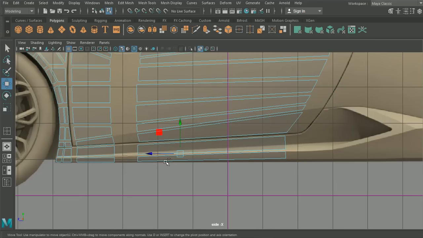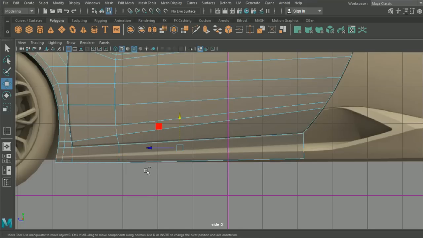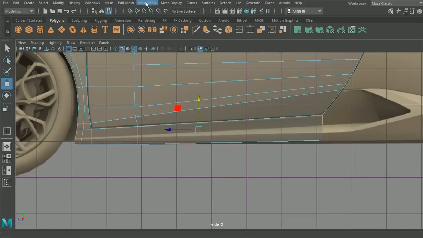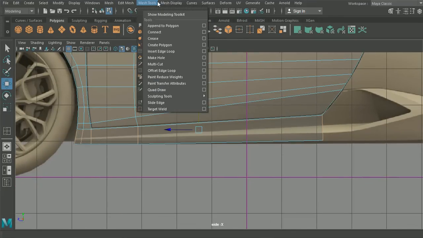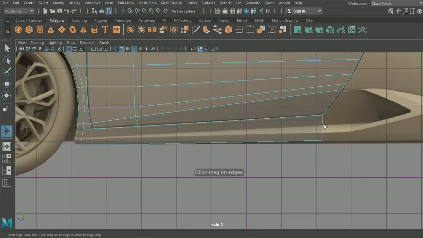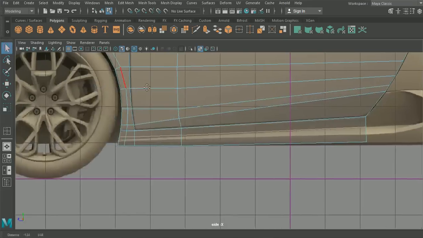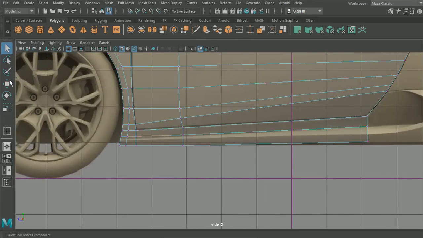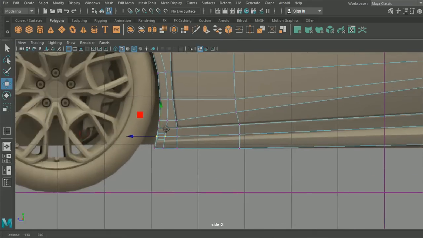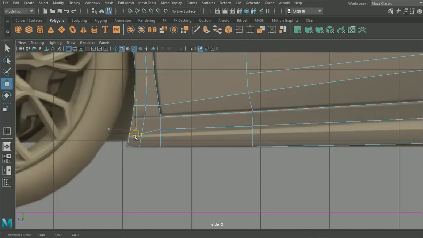What we'll actually do is we will insert our edge loop here. So that means we can extrude this section out on its own. So if we pull these points down here,